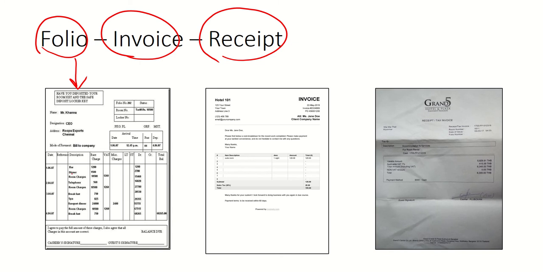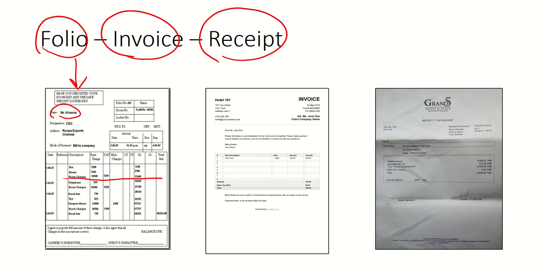See, this is the description: bar, price, dinner, room charges, telephone, room charges, breakfast, spa, banquet dinner, room charges, and breakfast. Room charges. It means that